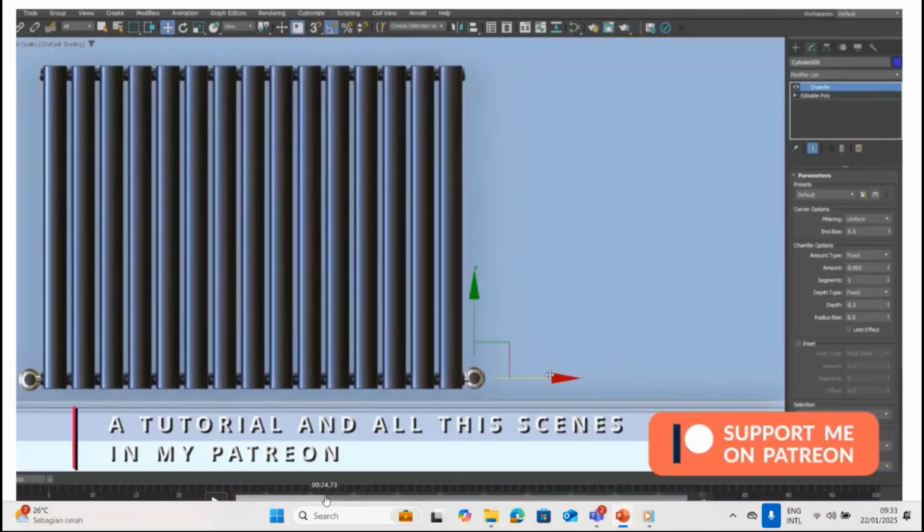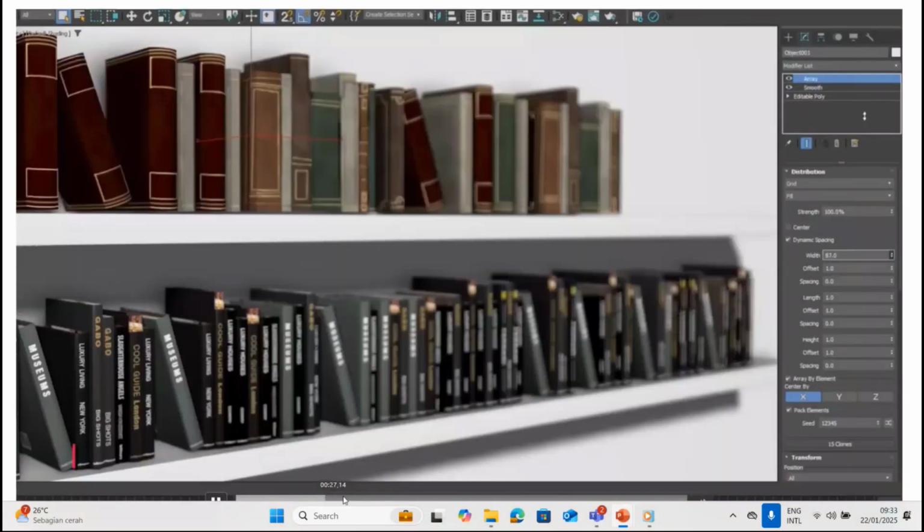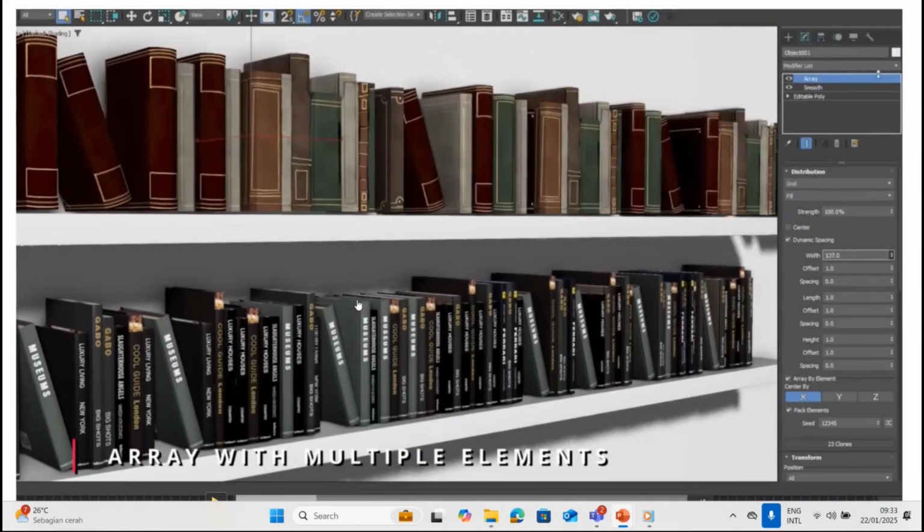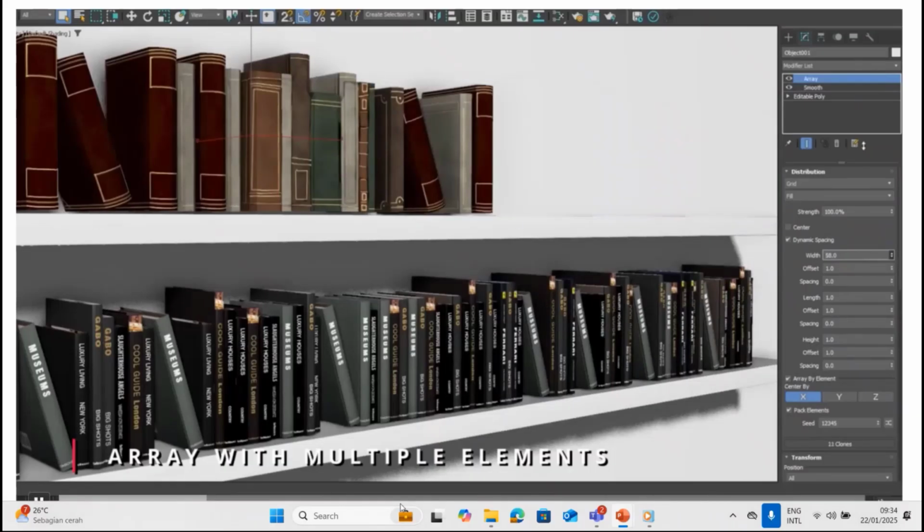When you see the demo, previously, if you do interior design, you copy one by one, right? Right now the new array modifier is much improved. Can you imagine, when you create, it's easier. You can set the directions, spacing, offset, length, height, anything. This is easier when you create like this, for interior design. Okay, so I continue.